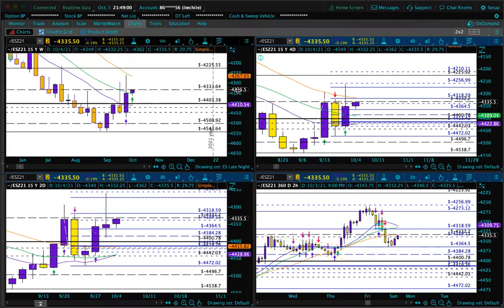So here we got 4333.64 or 4333.50, rounding it to the nearest quarter. We're looking for a break above that and a test of 42.67 last week lows. Above that, or if you're looking at the standard chart, we're targeting 42.25.50. Weekly shows that we have a nice